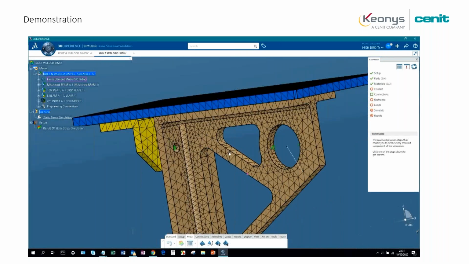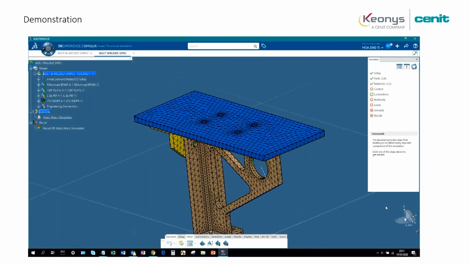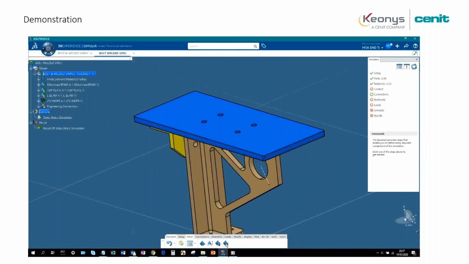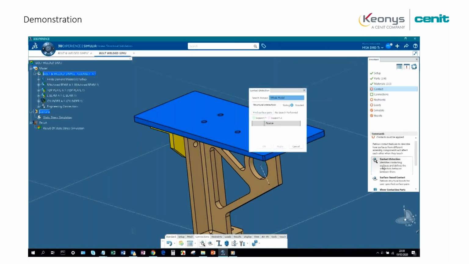You see that on the same tree you have the 3D product and the finite element on the left. The material is okay because we applied it earlier. Then we are looking for contact and connection between parts, and there are tools that automatically seek contact between parts.